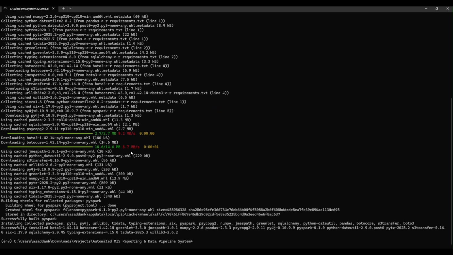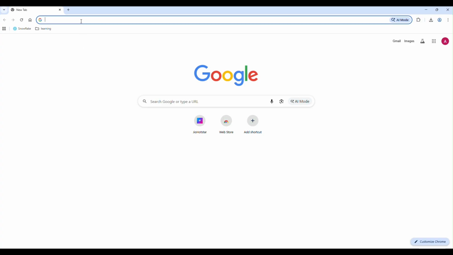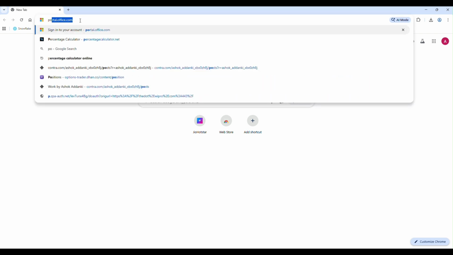Yeah, now my system is ready. My requirement.txt is installed. Now the next step, we have to set up our PostgreSQL database. So how to set up the PostgreSQL database? Here type PostgreSQL